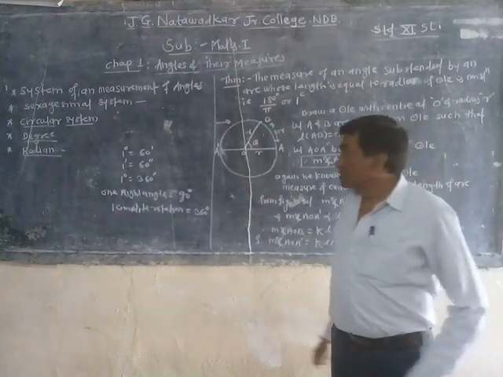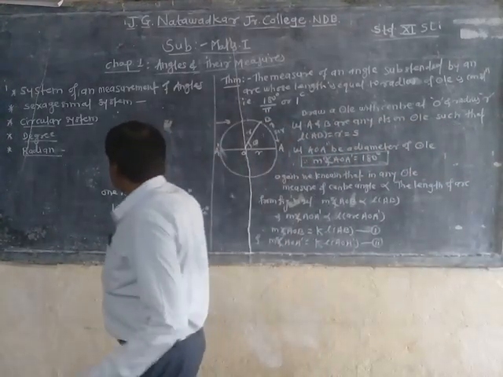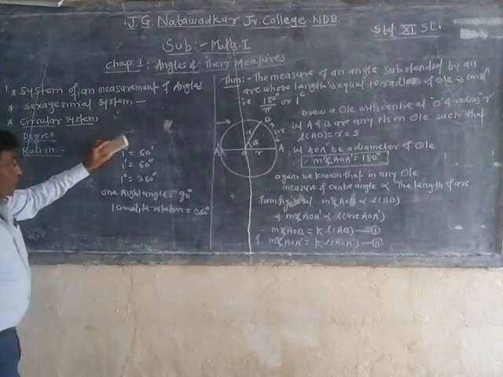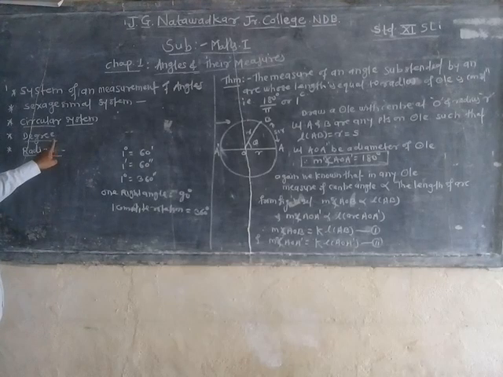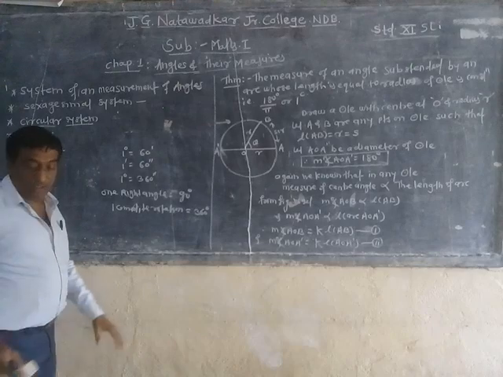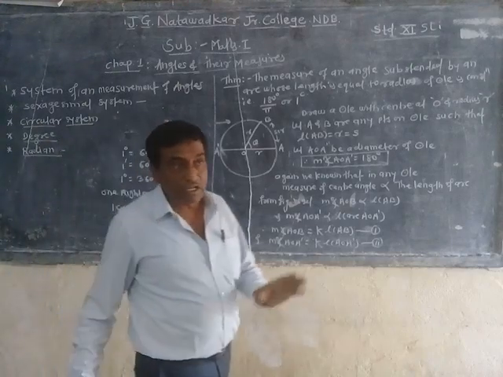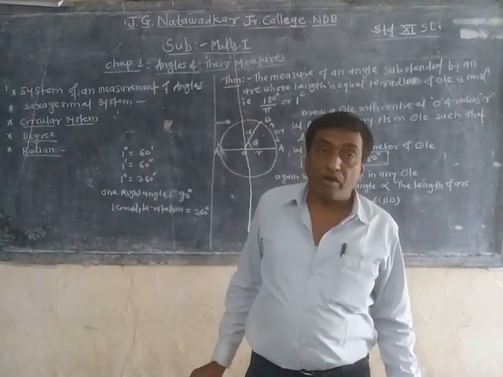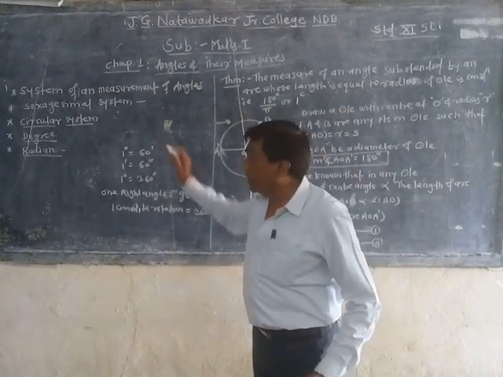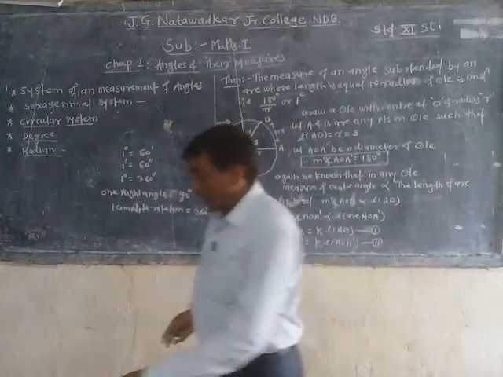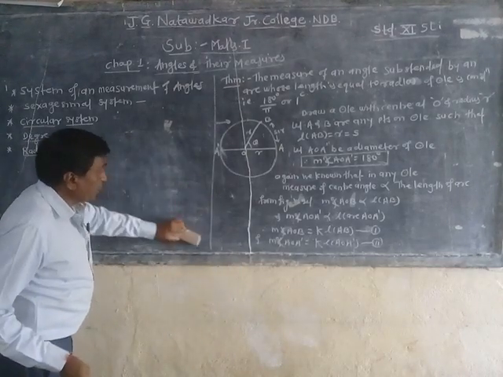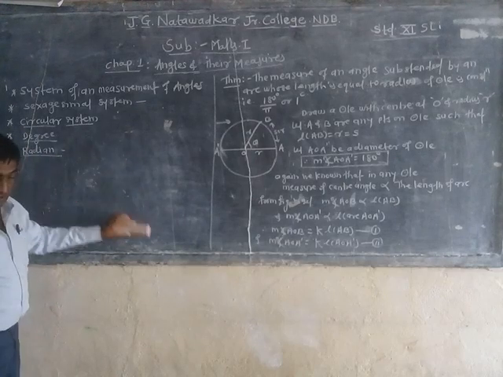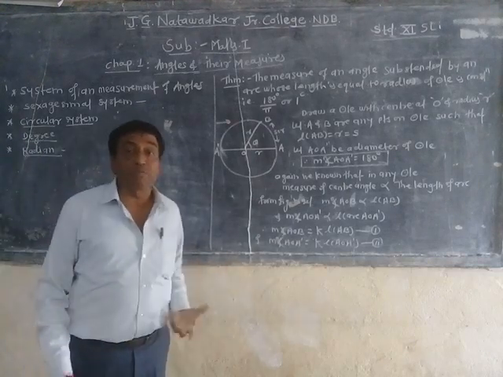So after this, students, we want to see what is meant by the radian. Now you understand the definition of degree, that is, the 1 upon 360th part of a complete circle is called a degree. Now we see the radian. The radian is a measure of an angle. But which angle's measure is the radian?